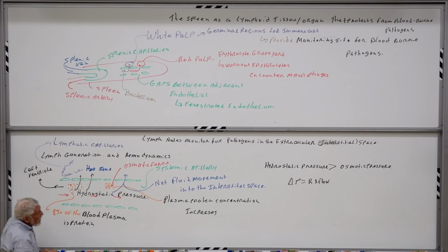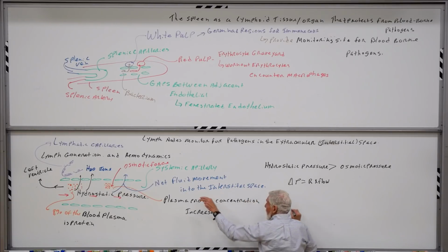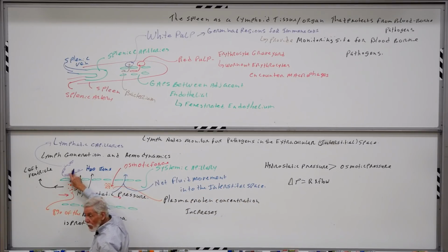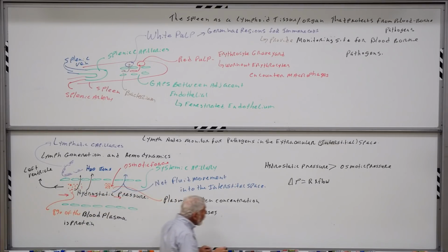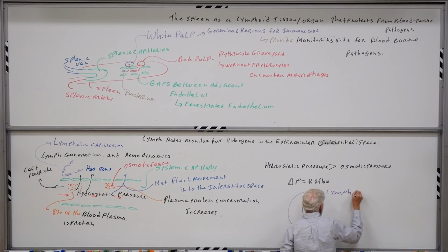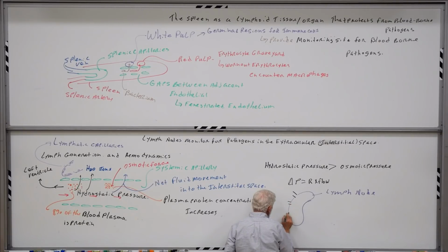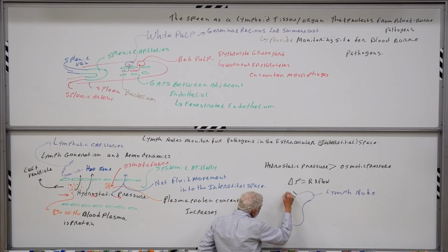But what I want to emphasize is that at intervals along the return system, along the tubes that are returning fluid back to the subclavian vein, we're going to find these structures that look a little like kidneys. And this is going to be a lymph node. And there will be thousands upon thousands of these along the ducts and trunks leading back to the cardiovascular system. And there is a flow of fluid here